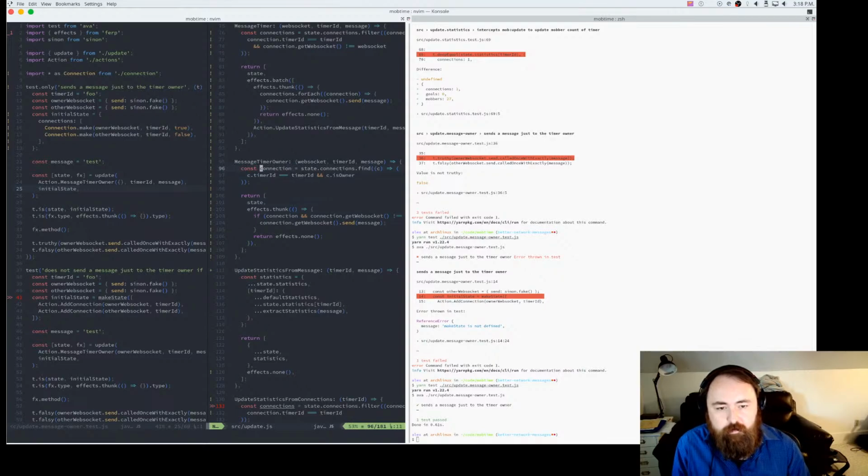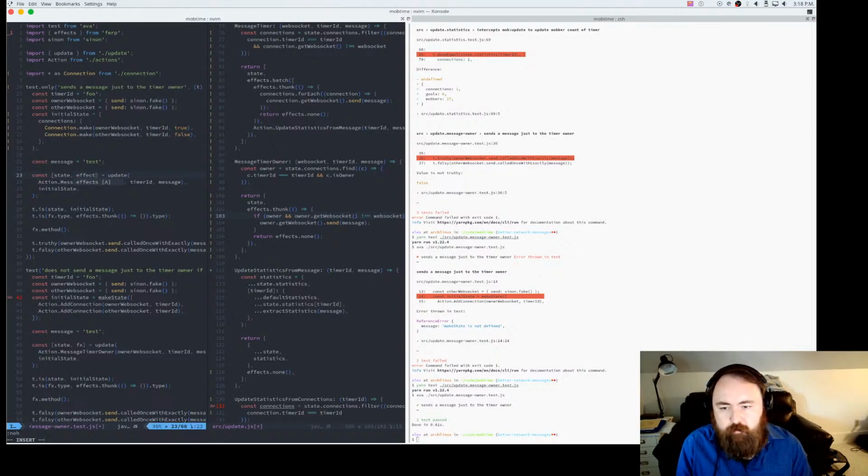So that's fun. Let's also call this the owner. So if there's an owner and the owner WebSocket is not our WebSocket, then owner. Naming is important. Alright, so let's see. So let's actually call that effect.